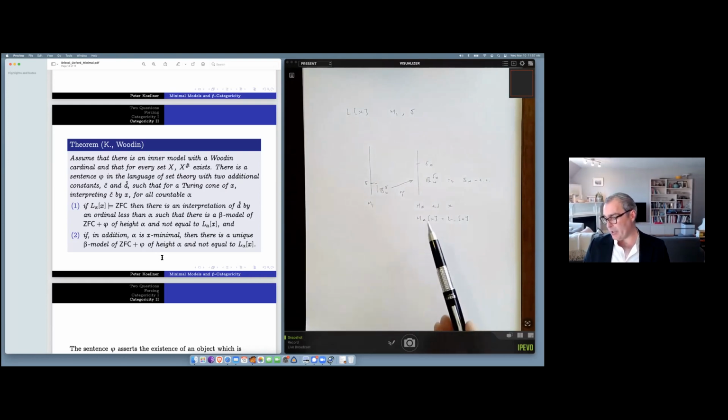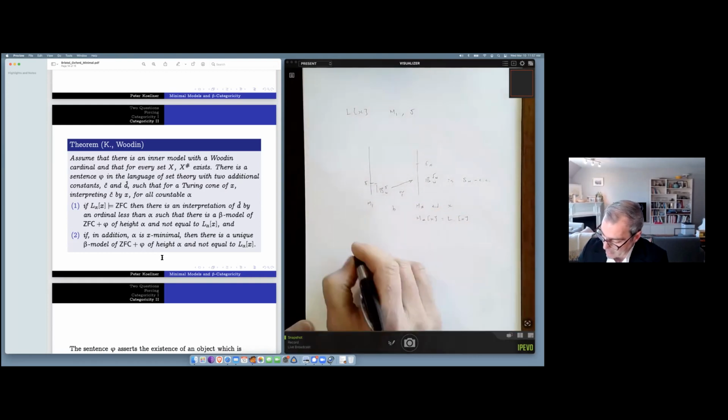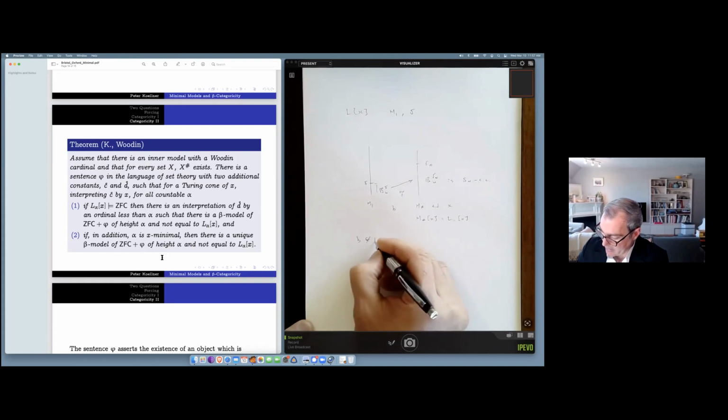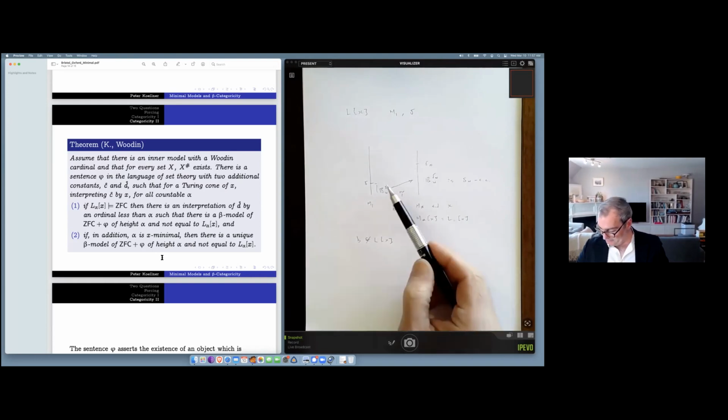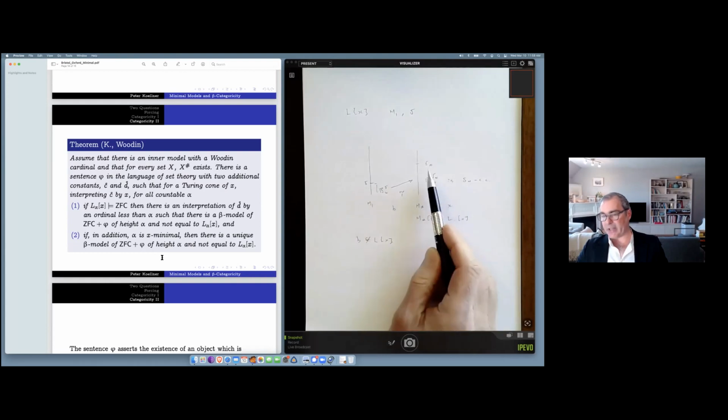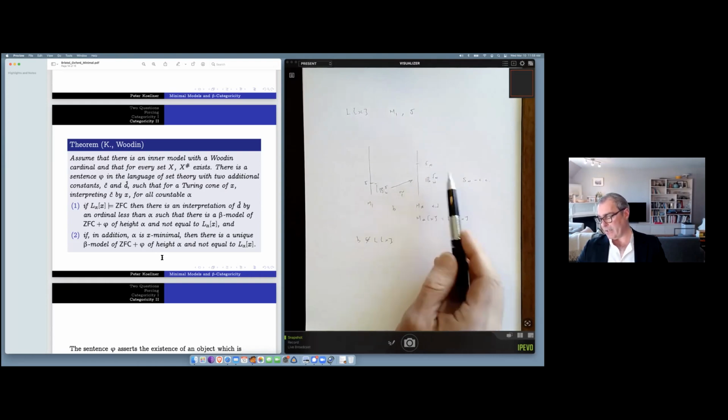And what you end up showing is that L of X can't see this branch. So there is a branch, but the branch is not in L of X. And the reason is that since this is delta infinity CC, this has to be a cardinal. I mean, this is a cardinal, but the iteration, you show that, and it has to be a regular cardinal in L alpha of X.